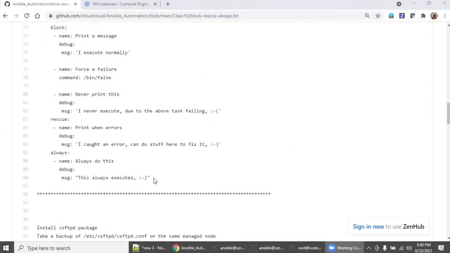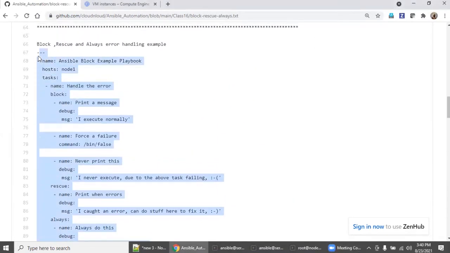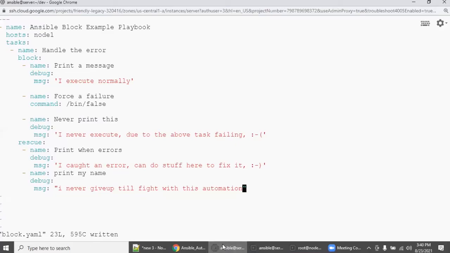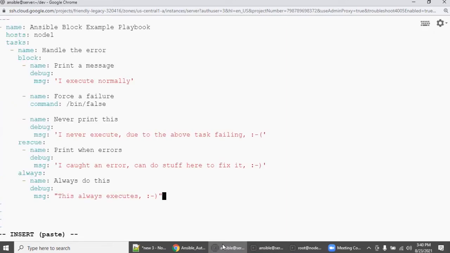So let's go here. I'm going to copy this, go here, delete everything, and say set paste and insert mode here. One more thing I forgot: the block, rescue, and always.